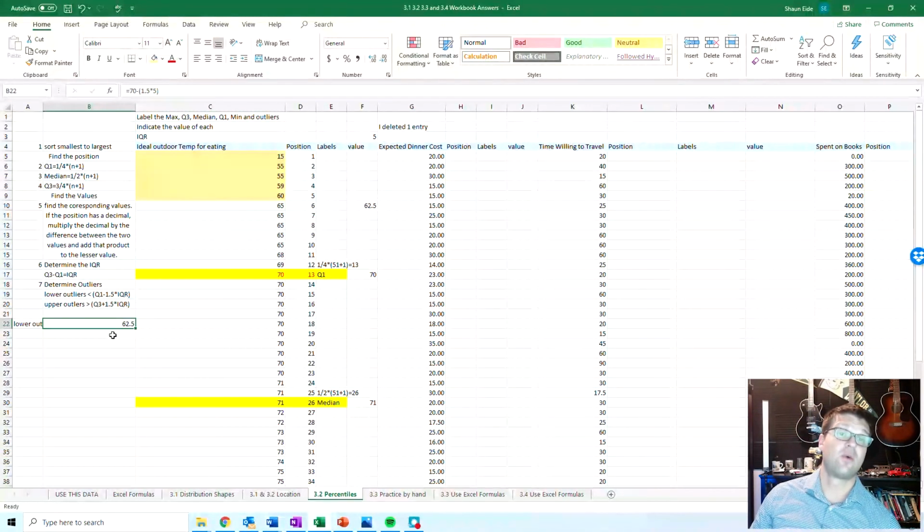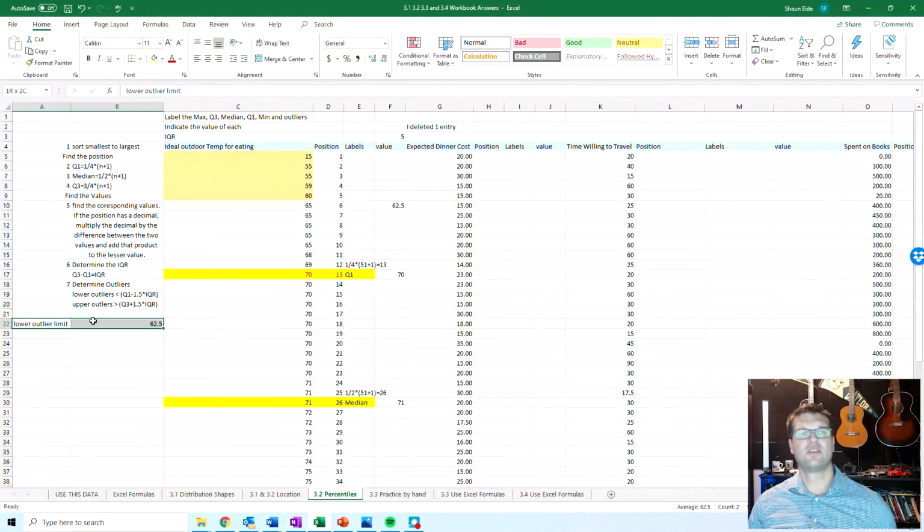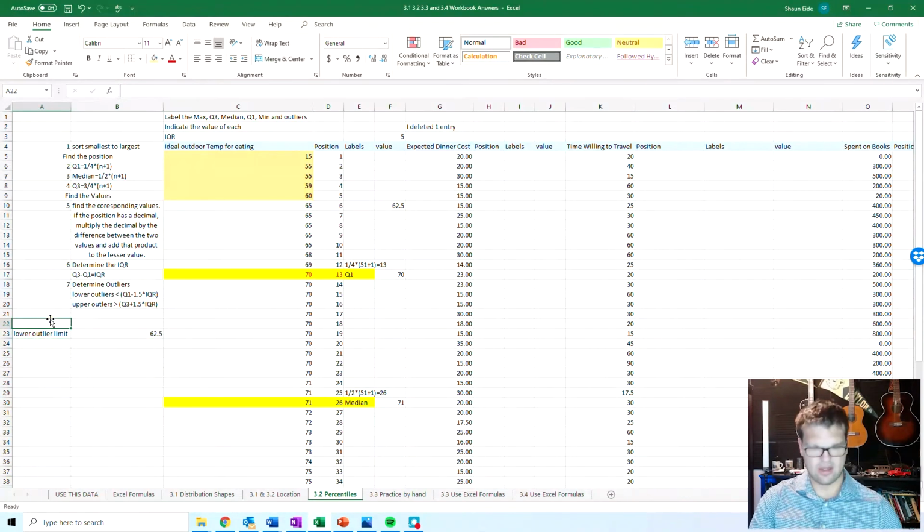So that one is important to be inclusive or exclusive. If you're saying what is an outlier, it would be exclusive of 62.5. If you were to say what is not an outlier, it would be inclusive of 62.5. So this is the lower limit, so we're going to put this right here. And then the upper outlier limit